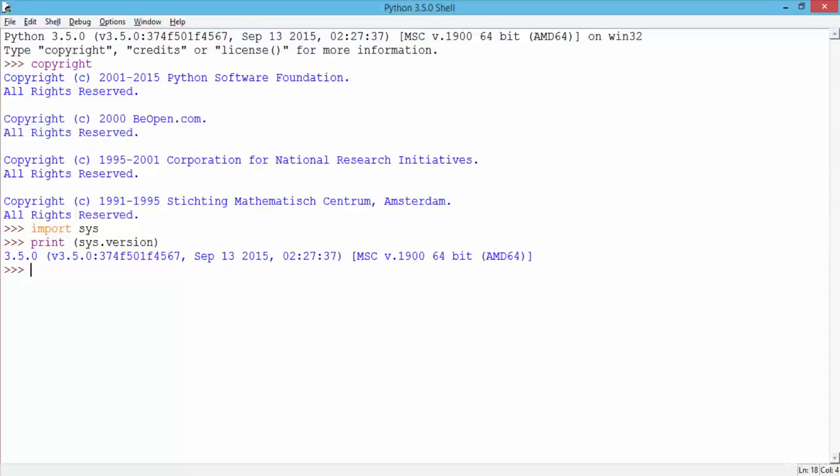So on September 13, 2015, at this time and this version, that's the version I have installed on my computer.